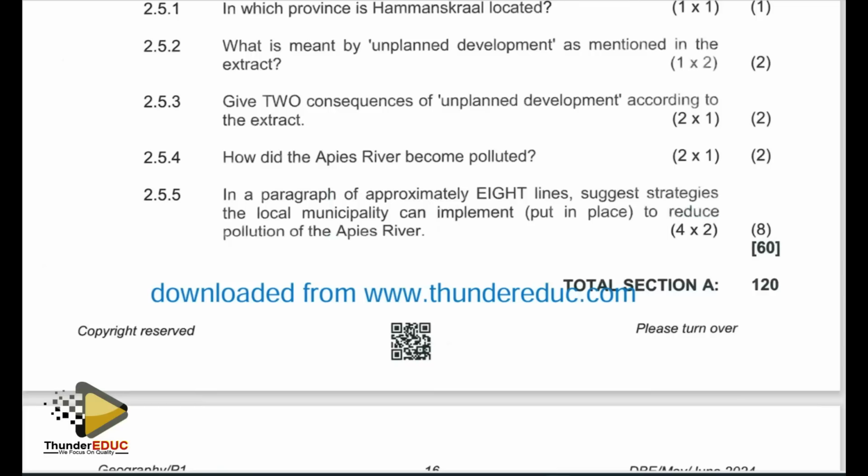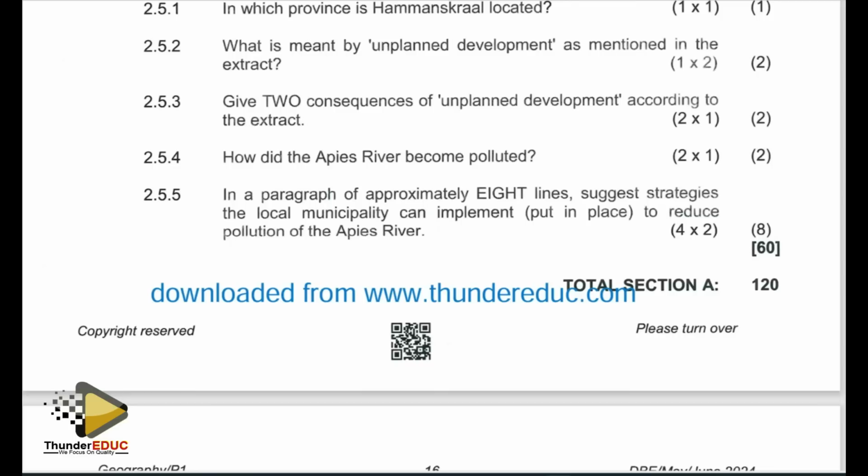Then lastly, I can also talk of the development of pollution prevention plans. For example, we can deal with agriculture. If agriculture is the contributing factor, we should find pollution prevention plans in that particular sector. For example, if they are using more inorganic chemicals in their fertilizers in their production, we can try to find a way of solving that by addressing the way they use those chemicals.